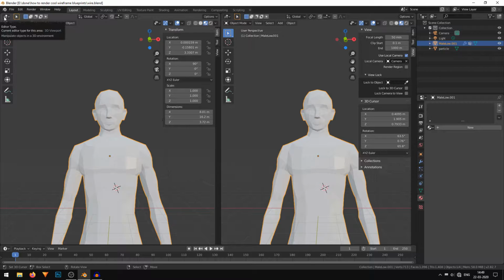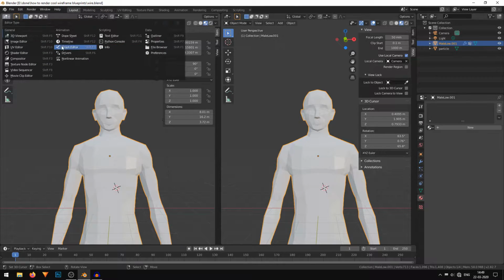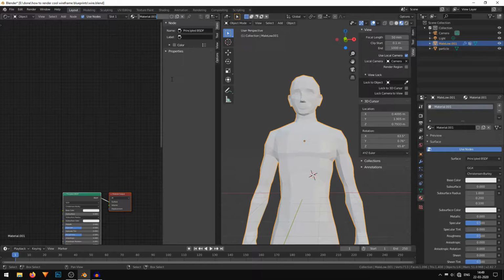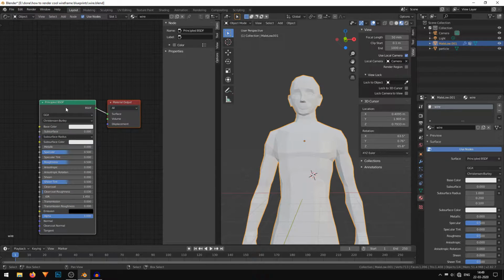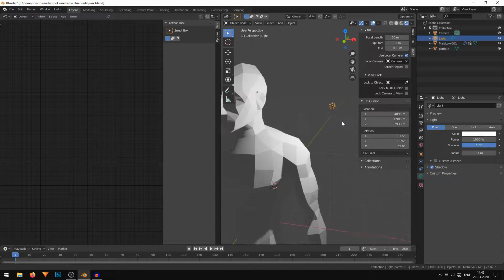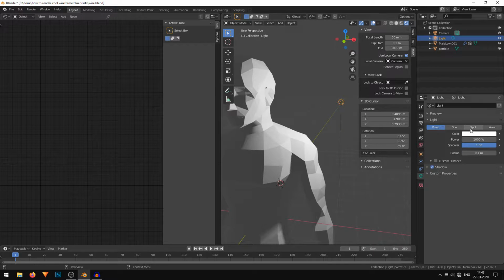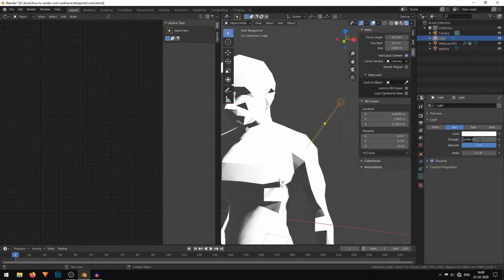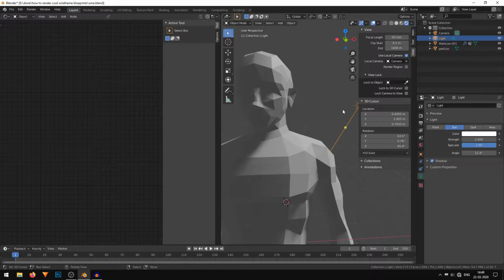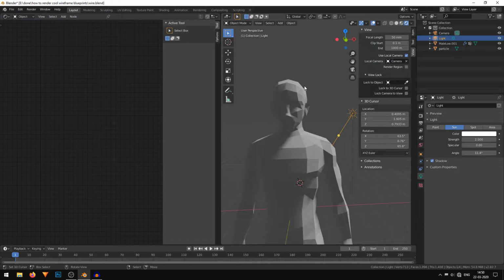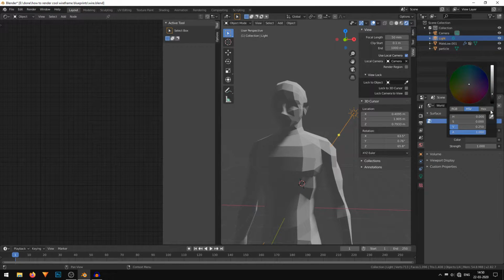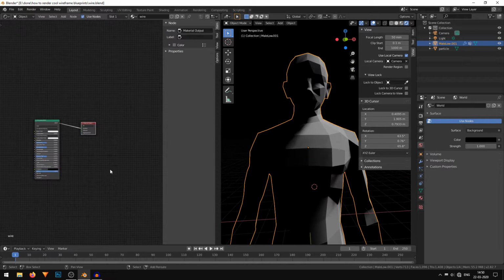Go here in the editor type where it says 3D viewport, click that, and we need the shader editor. Now make sure that your model is selected, add a new material. You can name this whatever you want. Okay, now by default we have a Principled BSDF shader. We'll use that. First of all, by default this light is a point light, so I'll select the lamp, change it from point to sun and make the strength 2. So now we have good lighting. Okay, so that's it. I'll turn down the specular. We don't need that. And one more thing, under the world settings, I'll make the background color completely black. Okay, so now this looks good.